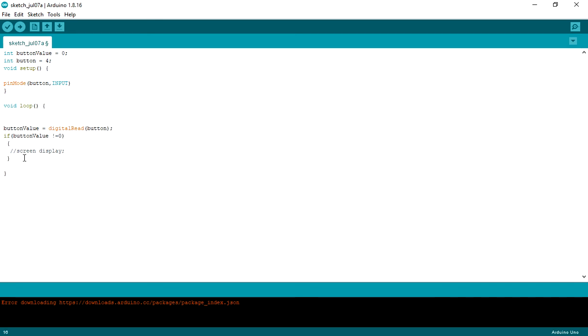Then here, if you press a button, the screen has to be displayed, and after it has been displayed we can put a delay, so that it doesn't just display like a blinking. Maybe let's just say a delay of 1000, which means that the screen will display and then